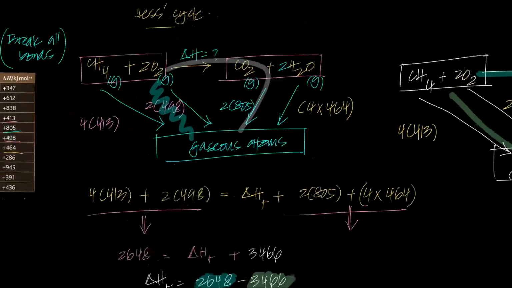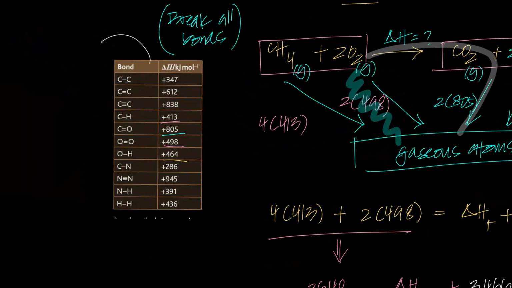Raima said, sir, bond enthalpies are given from the perspective of an endothermic process. They're given from the perspective of breaking a bond, not making a bond. Although if you break a bond and then you make the same bond, the energy taken in to break the bond would be the same as the energy given out to form the bond, right? If I were to break the C-C bond, it would require 347 kilojoules of energy per mole. And if I were to form it, it would still give off 347, but it's defined from the perspective of